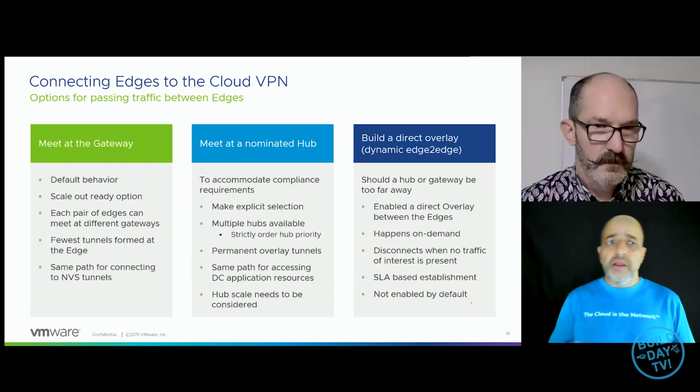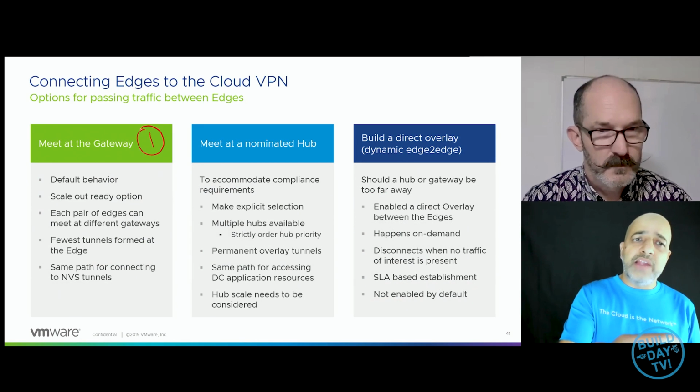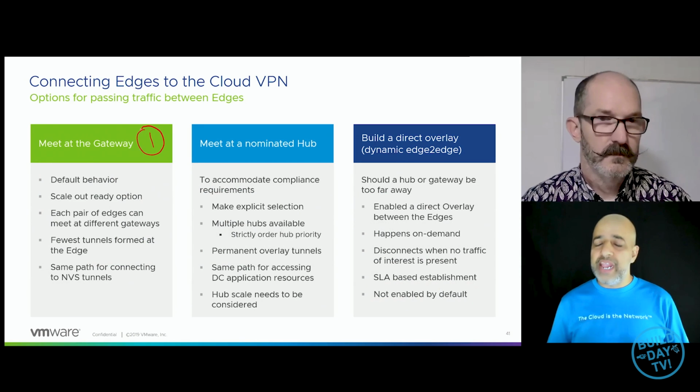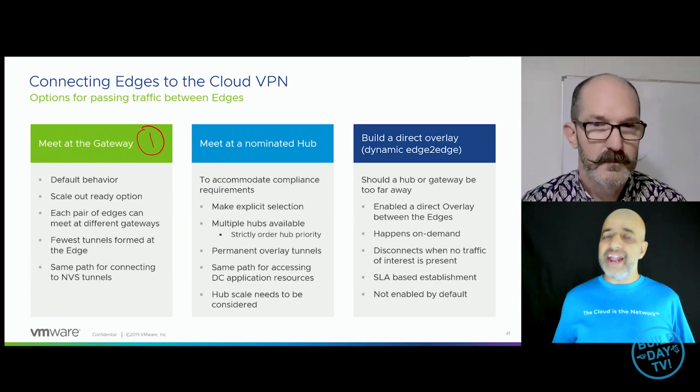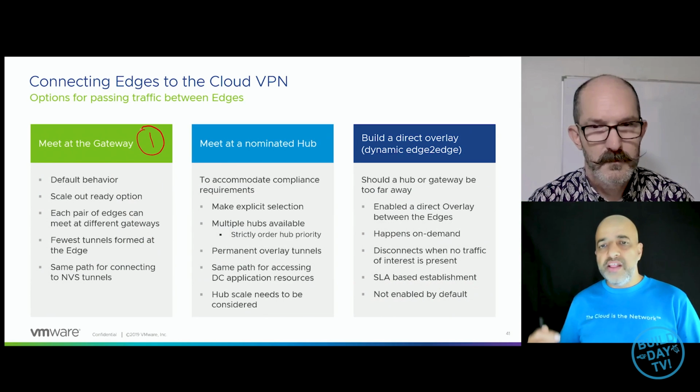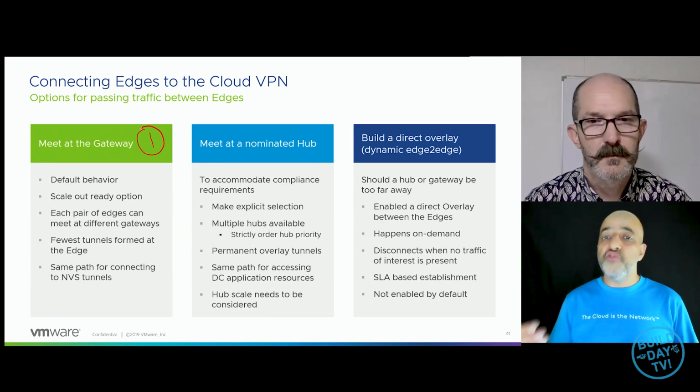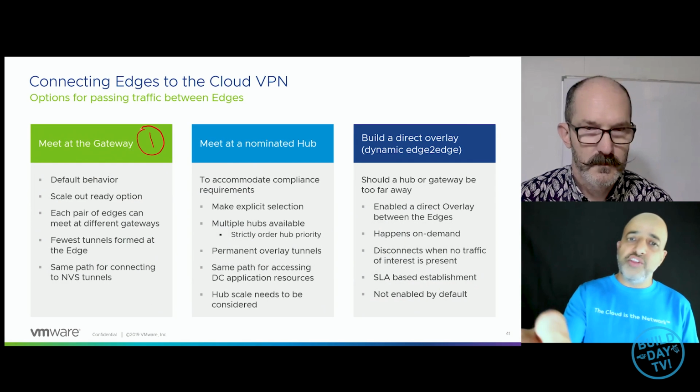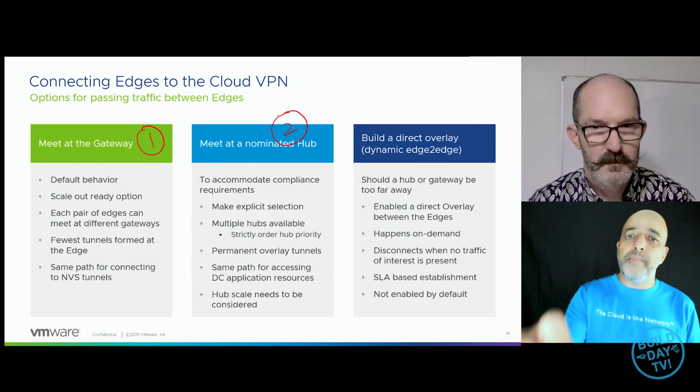And then you can have hub and spoke topology, branch to branch, dynamic branch to branch, or even building up a secure VPN tunnel to a non-SD-WAN site, or let's say to cloud. So with edges, the first one is meet at the gateway. That's what happens on day one when the edge device gets activated. When the edge device role changes from edge to hub, when the edge device is nominated as a hub, that's